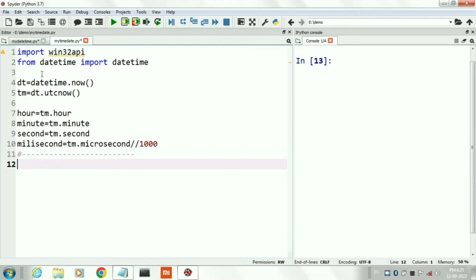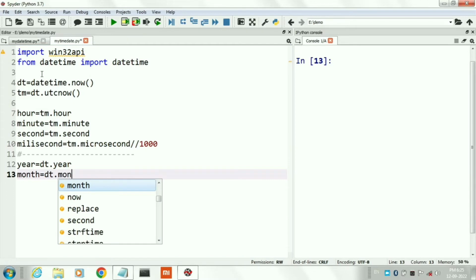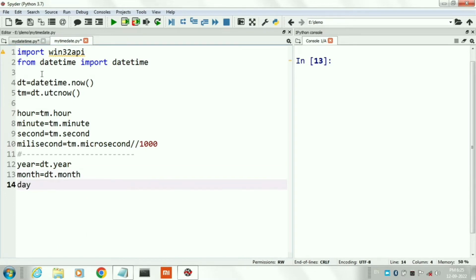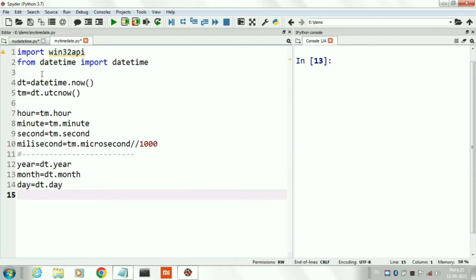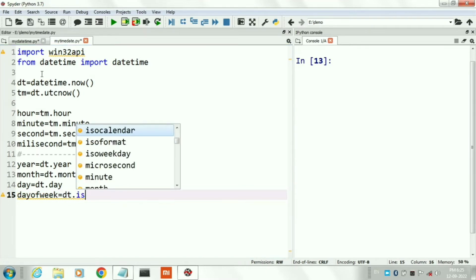This is first part of this program. Here we calculate present time. Now in second part we will filter out year, month and day from datetime now function. Day of week means week number.